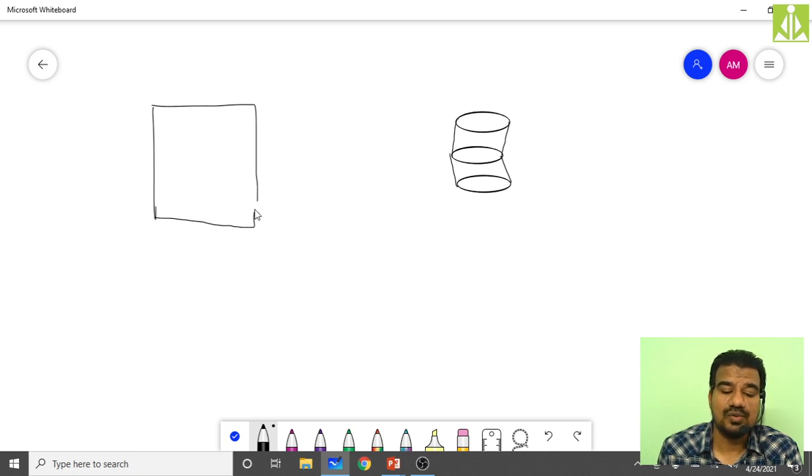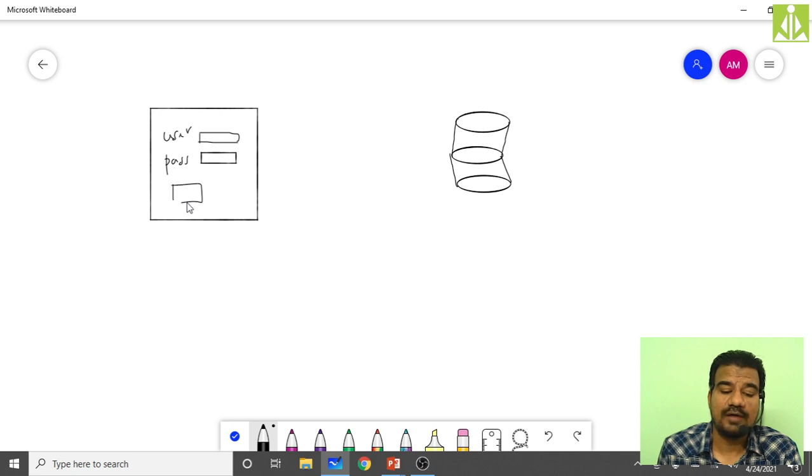So let us assume I'm writing one login page over here. Inside that login page, we are going to have two fields. One is username and the other one is password. Let us assume this is user and this is password. Under it, we are going to have two buttons: one is the submit button and the other one is the reset or cancel button. Whenever we enter some user credentials, that is, username and password, after that we click on the submit button.